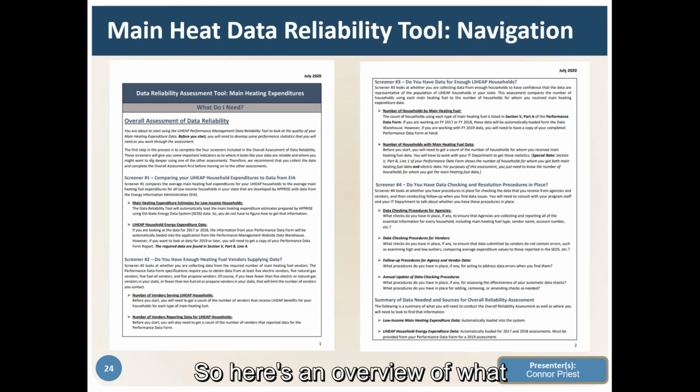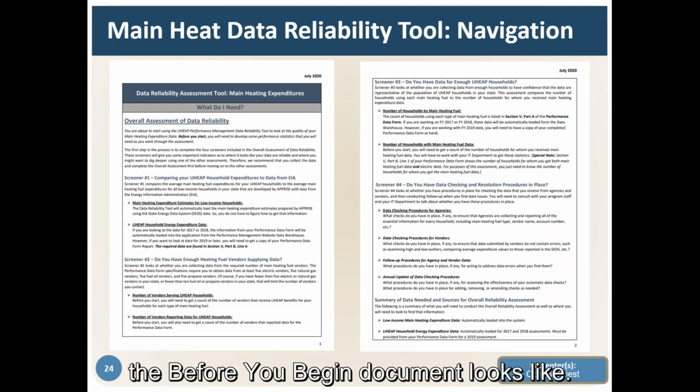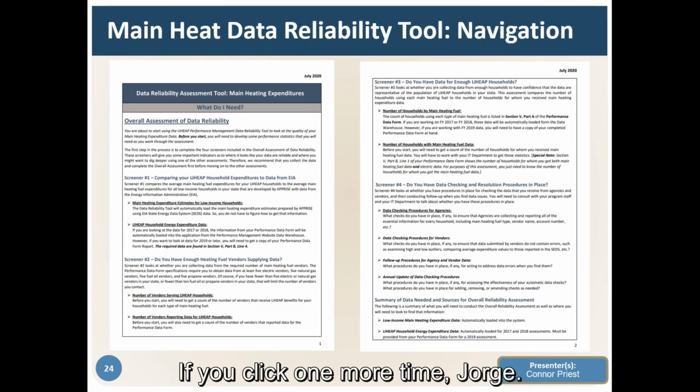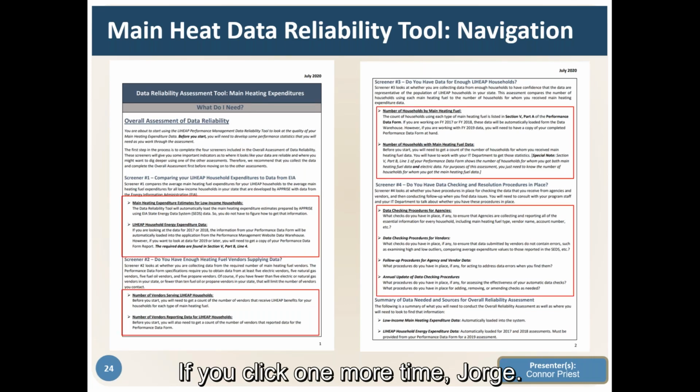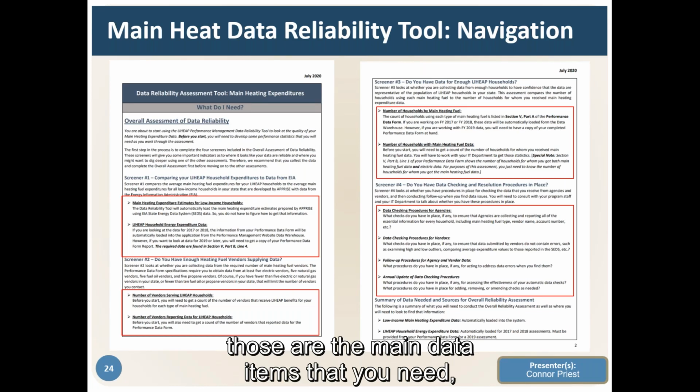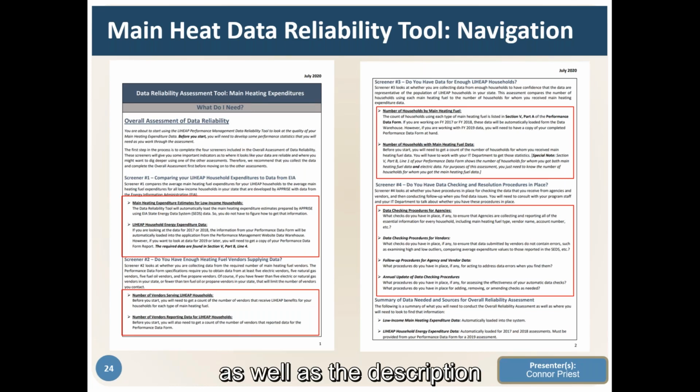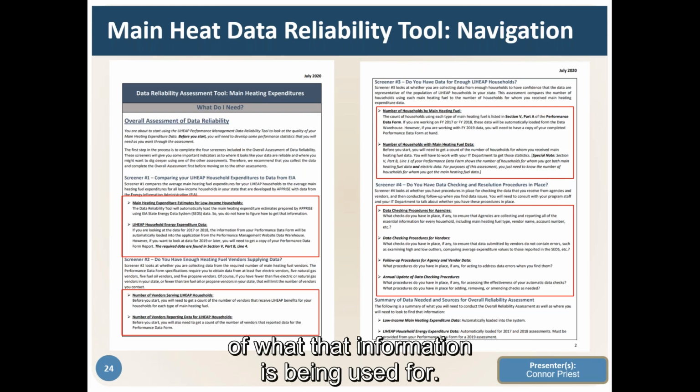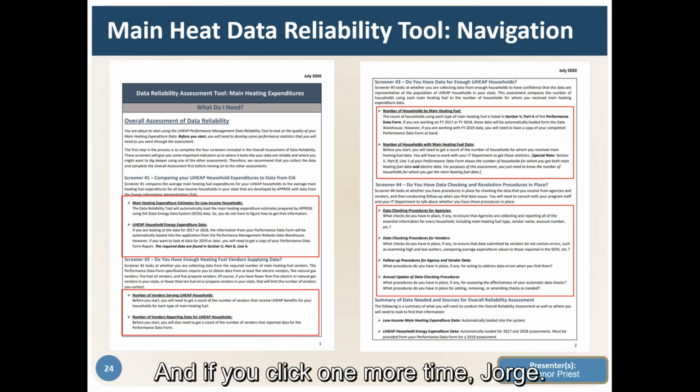So here's an overview of what the before you begin document looks like. You click one more time, Jorge. These triangular bullet points are the main data items that you need, as well as a description of what that information is being used for. And if you click one more time, Jorge,